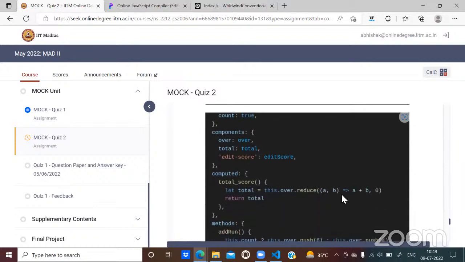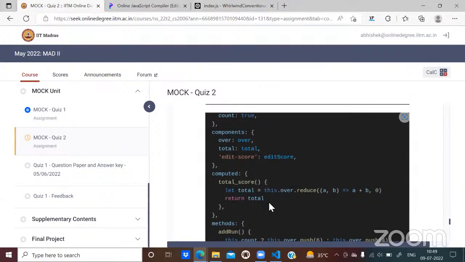So that means we would stop here itself, and we would assume that the last iteration that we performed is going to be the last iteration itself. The first iteration is going to be the last iteration. So this expression, this dot over dot reduce, the entire expression is going to return a value of 100. So total is going to receive a value of 100, and it is what is going to be written. Is that part clear, that how the 100 value is being written?